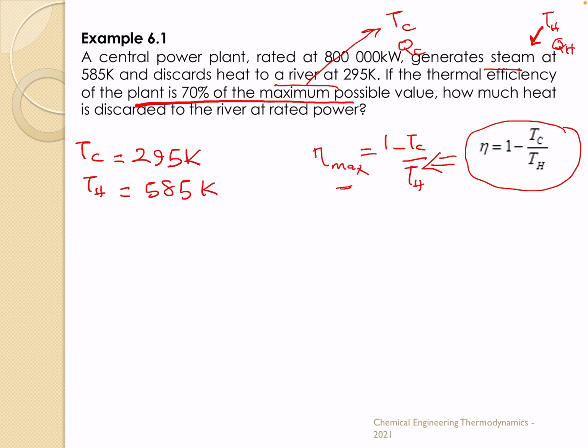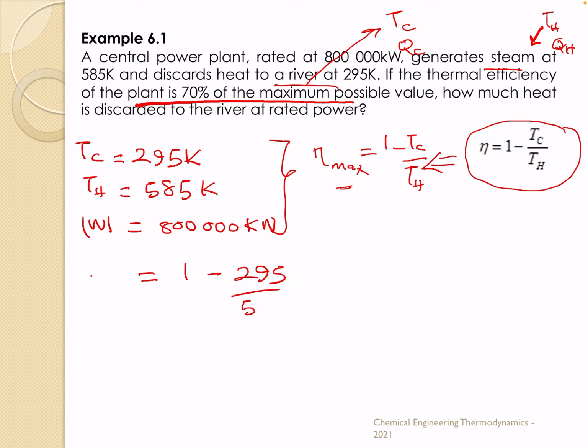And we've been given the amount of work to be 800,000 kilowatts. So plugging what we've got into that equation, we have thermal efficiency equals 1 minus 295 over 585, which will give us